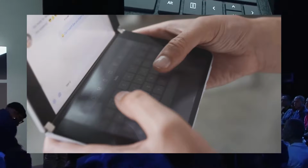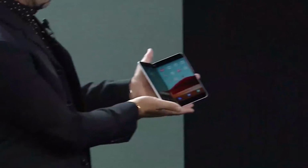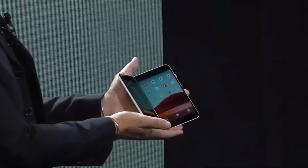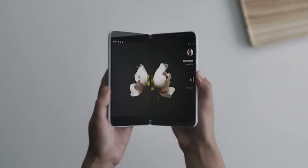Microsoft surprised us all with the Surface Duo this week. It is the long awaited Surface phone that has been rumored for years. And in further surprise, it's running Google's Android operating system. It's designed to be the sibling to the new Surface dual screen device that was also unveiled, running Windows